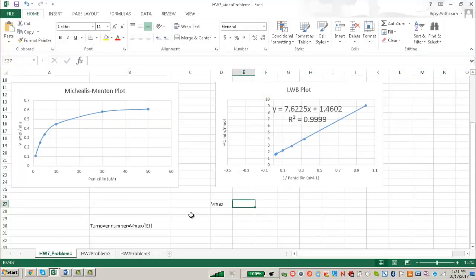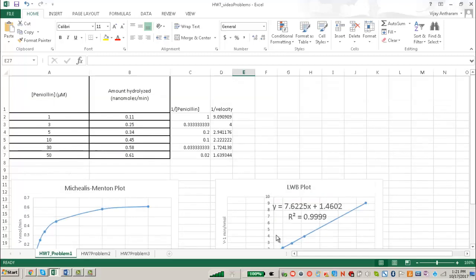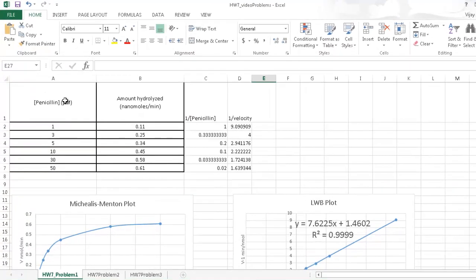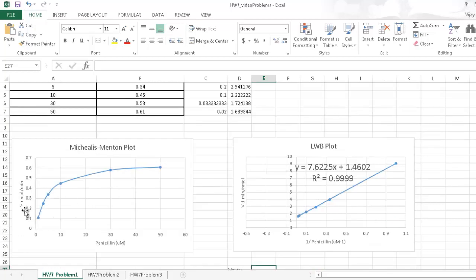So let's go over homework 7 problems. I've already copy and pasted the data table for homework 7 in problem number 1 involving the hydrolysis of penicillin. And I went ahead and did the plots of V on the y-axis and substrate concentration on the x-axis. That's your Michaelis plot. And if it has this hyperbolic shape that reaches an asymptote, then you know it follows